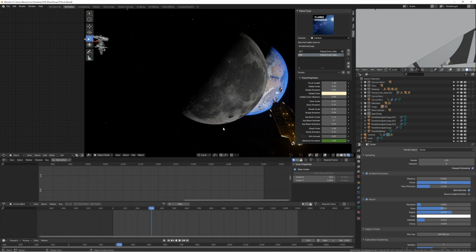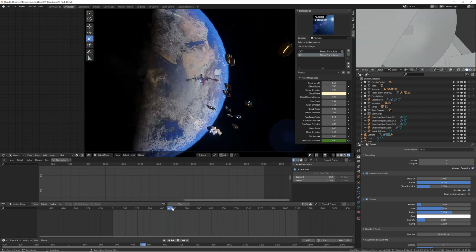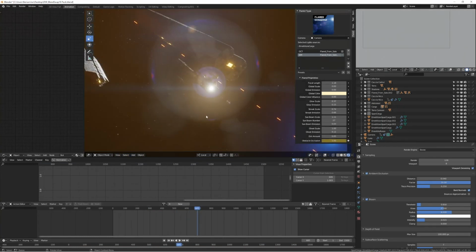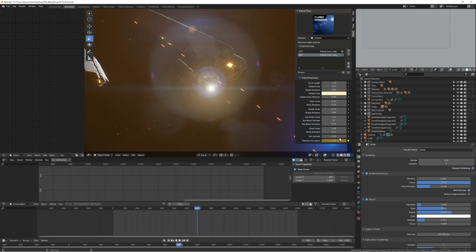Here is the project in Blender. We are in the camera view, and so we can see the lens flare here. Okay, this flare is based on a simple flared. This flare was a simple flared in the origin. Then I made some